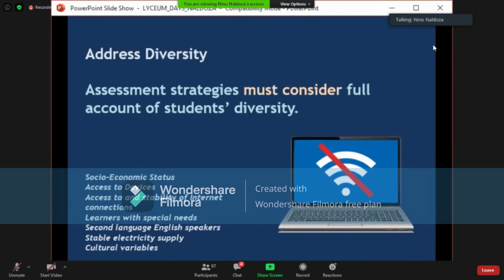First one, the socioeconomic status. Tama naman. Not all students have the access to technology or devices, but how can we make mechanisms or make alternative solutions for our students to still accomplish their outputs or assessment tasks? Access to devices, yes. Paano ka nga mag-online class kung wala kang laptop? So you need to resort to modular approach. Access to and stability of the internet. Sometimes it's fluctuating, most especially if the student is residing in a remote area.